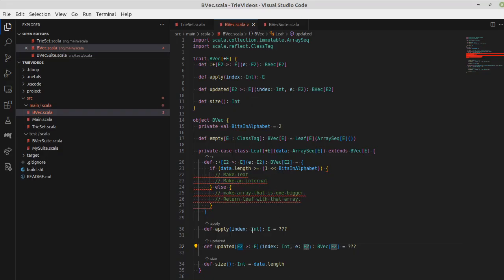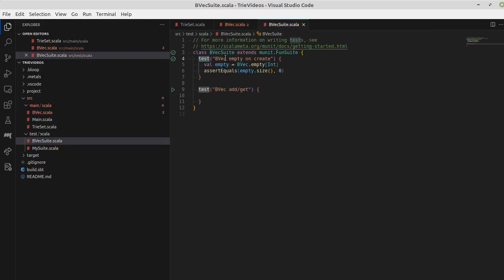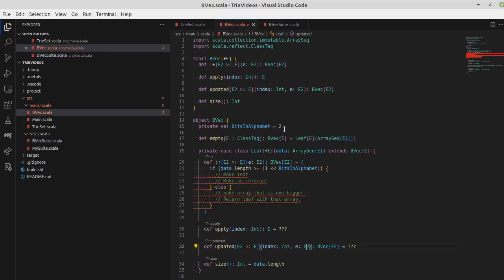Welcome back. In this video, we're going to continue recording our coding efforts on the binary trie. So this is where we left off. We were working on the leaf, and that's where we're going to basically focus to start with: how to make it so that our leaf works as long as we don't need internals, because the original data structure is just leaves. I will also note that this test here currently passes because we do create an empty array sequence,